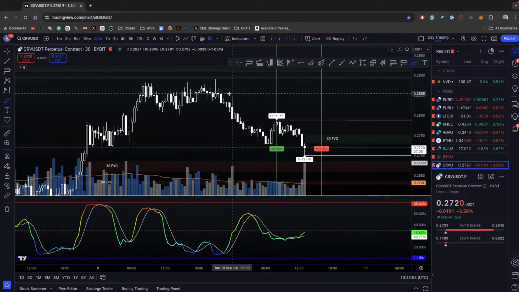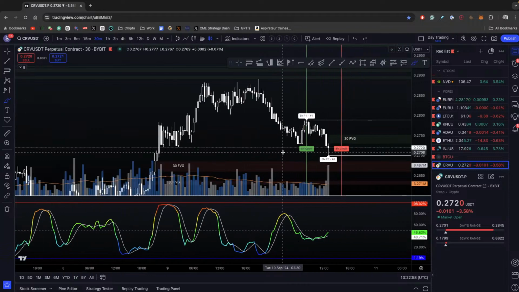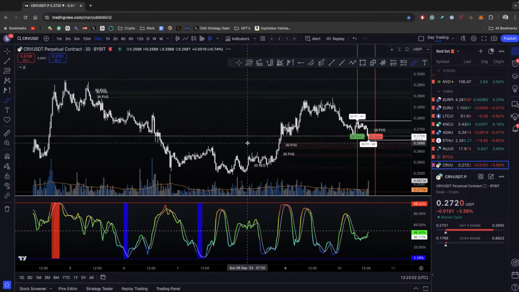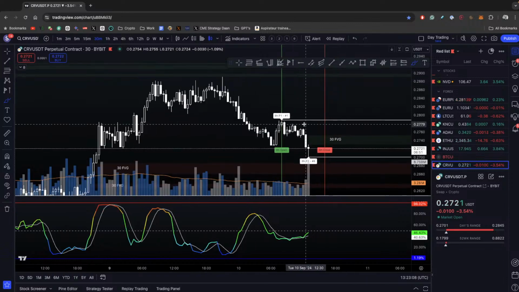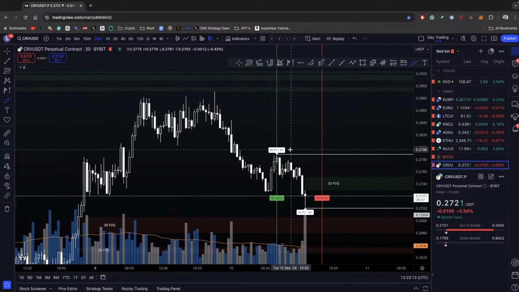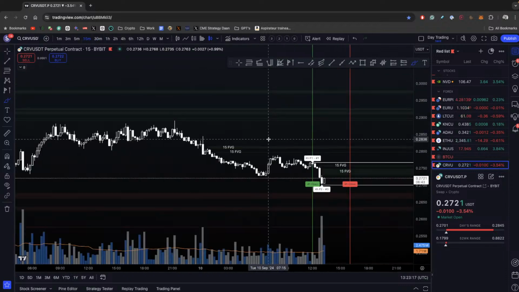So this is what you want to see because you had this liquidity grab here. For me, everything kind of lines up on CRV. It's looking pretty nice. The only thing is that you had this liquidity grab right here at the lows. So this local liquidity grab, but still with everything else lining up, I do think it's a pretty solid setup for downside. Let me check the 4 hour.